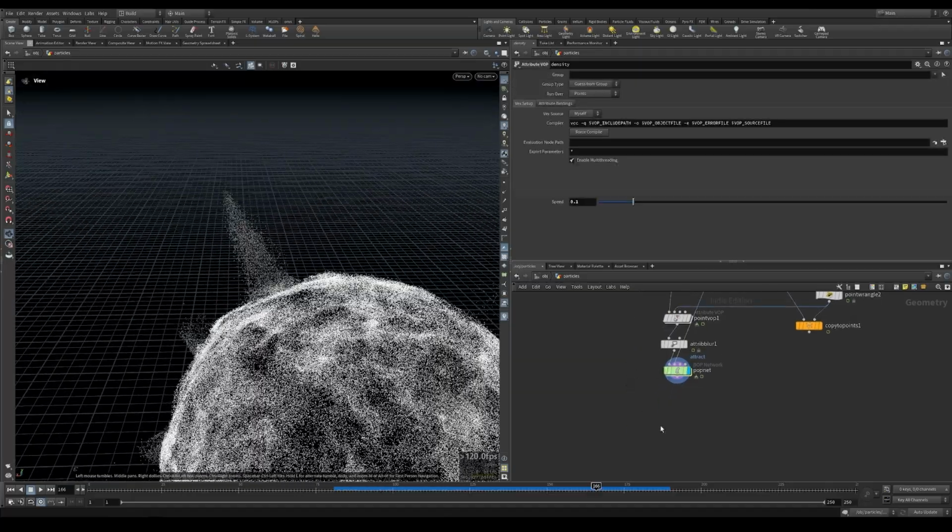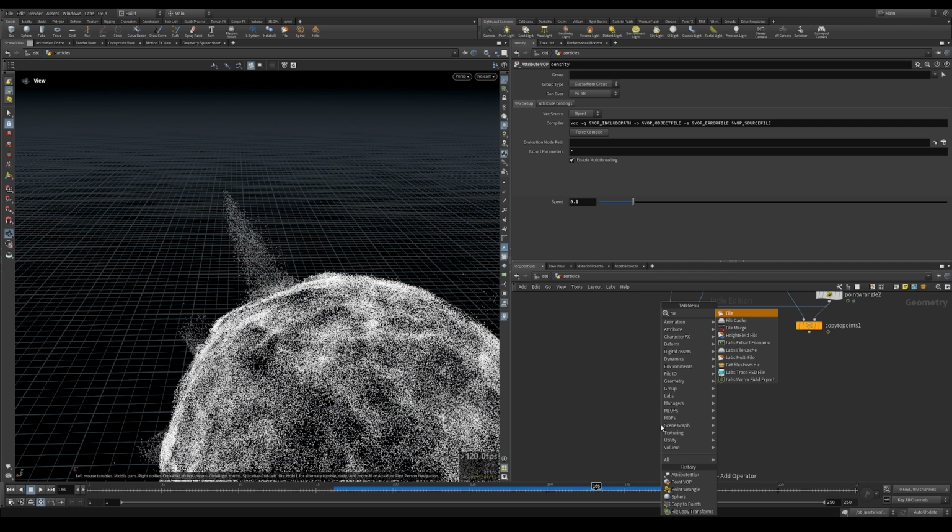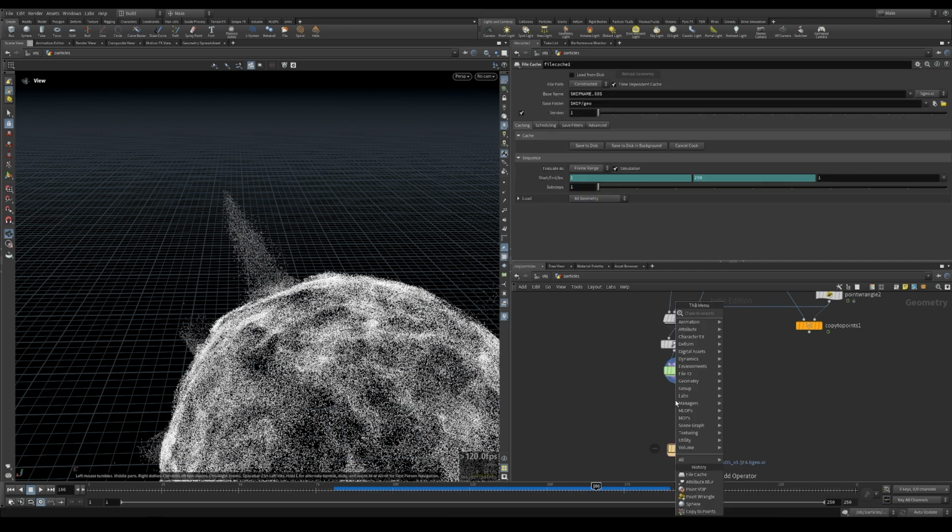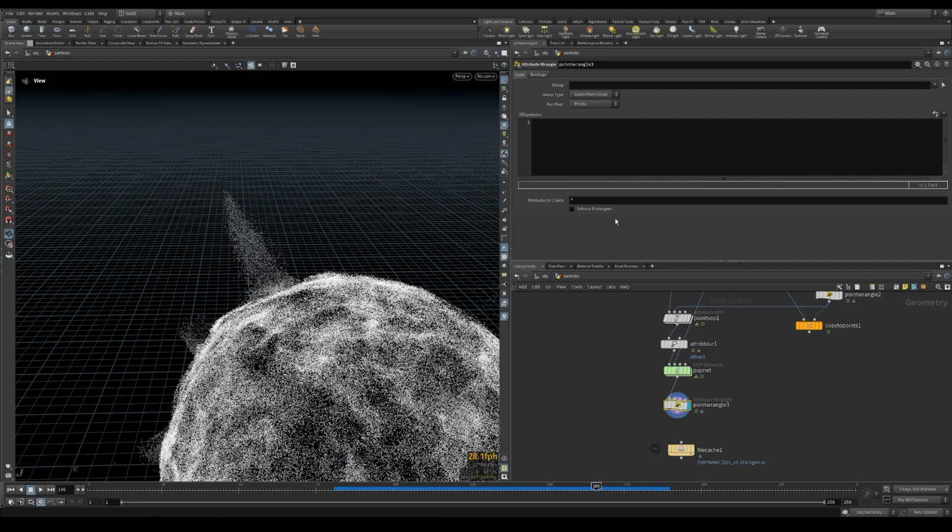So now to prepare our final simulation, let's drop down a file cache and also a point wrangle. Out of our simulation, we want to calculate again the relative age for this particle. So like before, f@age will be equal to @age divided @life. So we have the relative age, and we also want to use the original color value for our final colors,